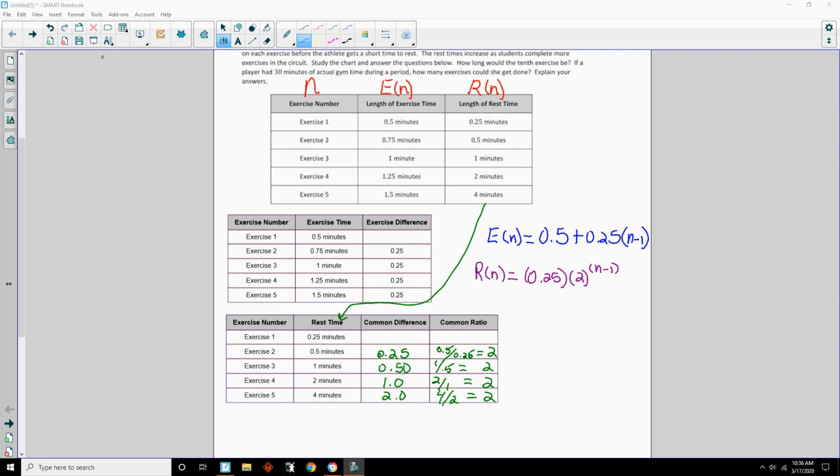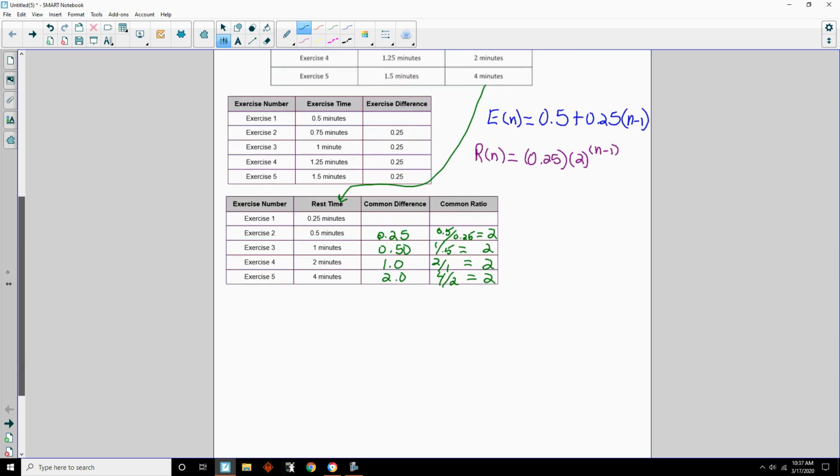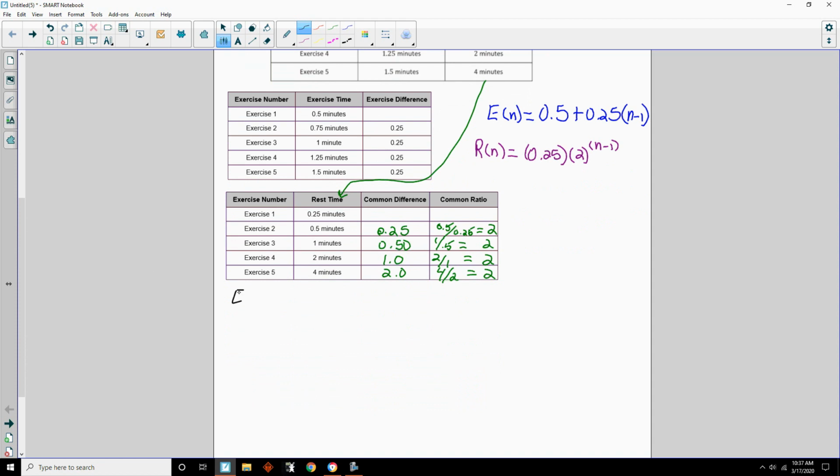Okay, so now we want to answer these questions. So how long would the 10th exercise be? So length of exercise time is E of n, so we're going to use our E of n equation. And 10th exercise is our n, 10, so it would be E of 10. Okay, so let me just scroll down here to get room. So I would do E of 10